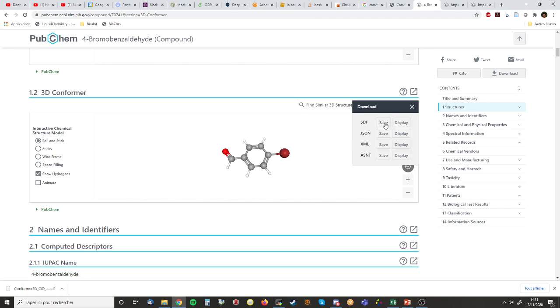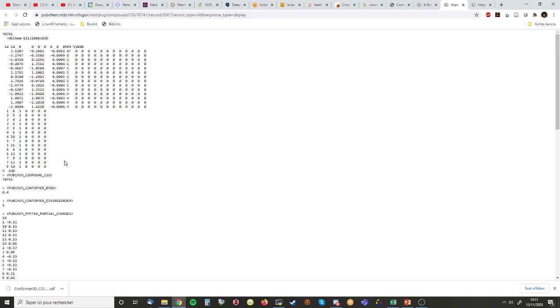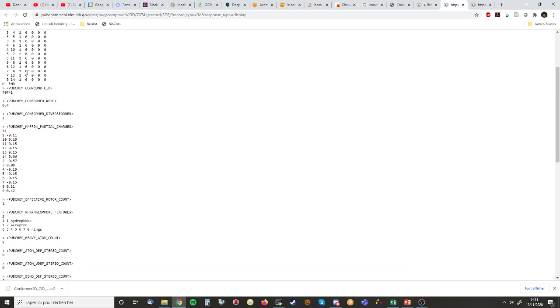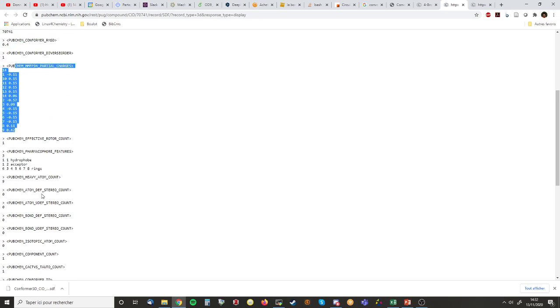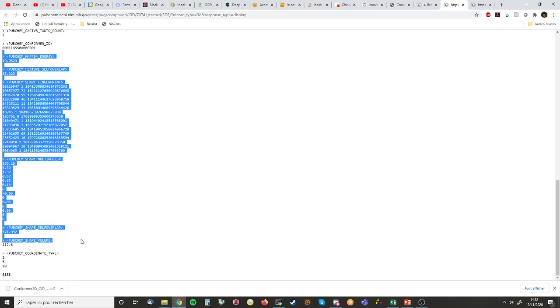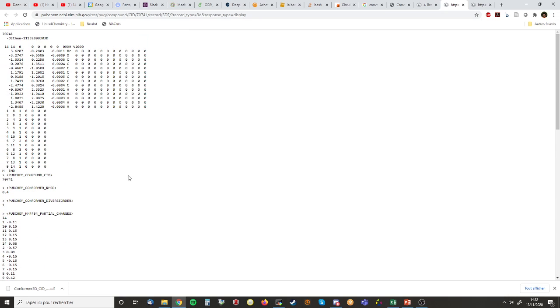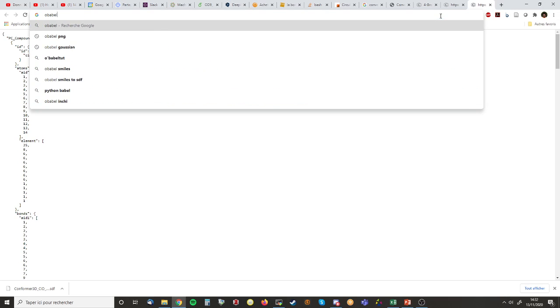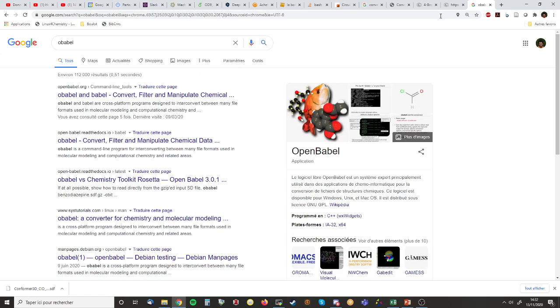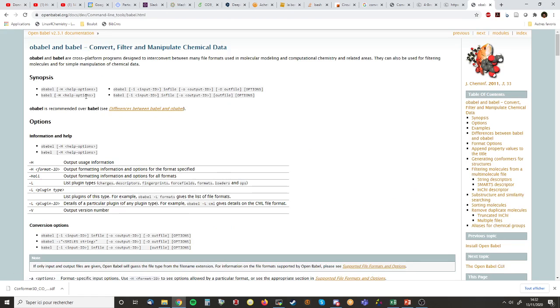However, in the SDF you have too much information. For example, here you have partial charges in the PubChem. You have more information than is needed. And in quantum chemistry, there are quite a lot of file formats. So to ease the conversion, you have a program that is called OpenBabel. OpenBabel is a program to transform